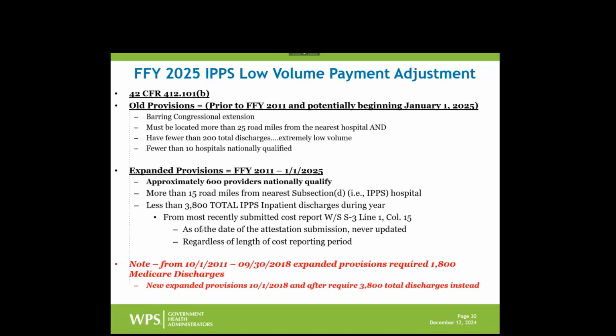Now, right now, on that note, since these expired 12/31/24, I recently sent out emails to all the low volume contacts we had saying that based on CMS instructions in the Federal Register, a new mileage attestation would be needed for the 1/1/25 through 9/30/25 portion of that period. That's assuming Congress extends this and then whenever it's implemented. So that attestation was needed, but the same cost report data is going to be used.